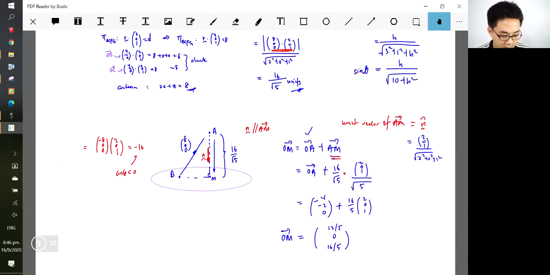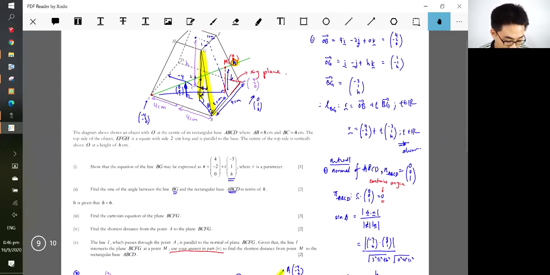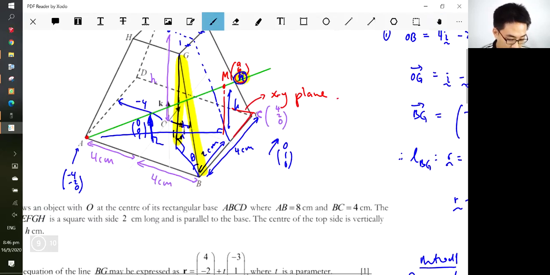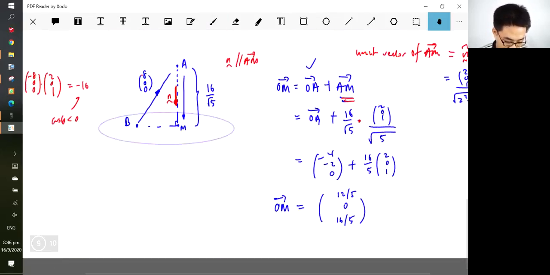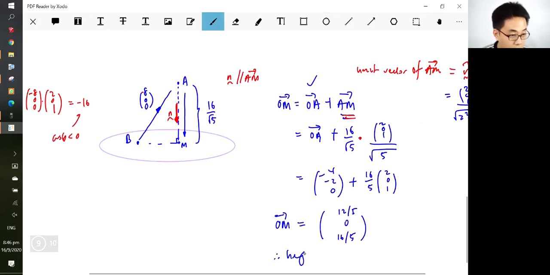So OM is 16 over 5. In other words, I could find the height of OM, which is 16 over 5. So the height, the Z coordinate, is the